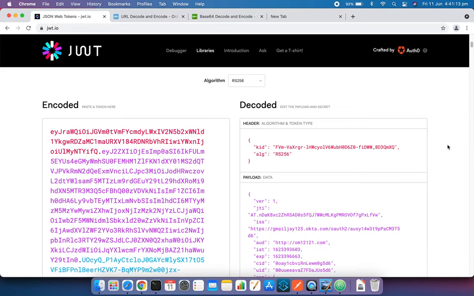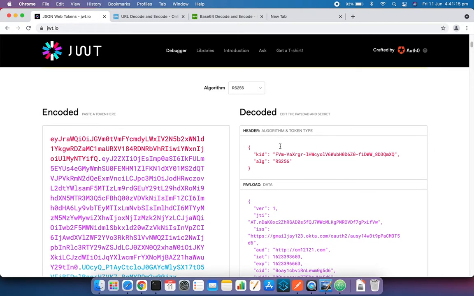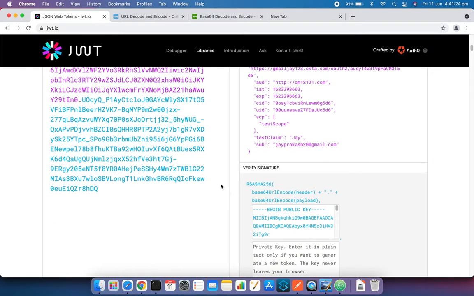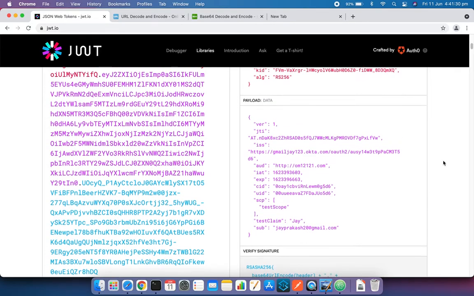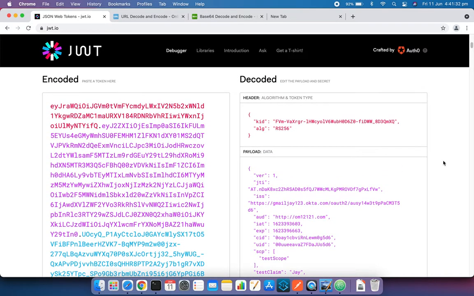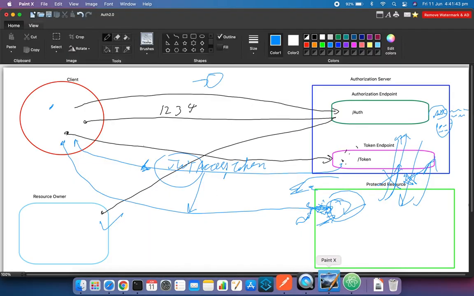So as you can see, the JWT token has three parts. First is the header, then we have the payload, and then there is a third part which we call the signature, right? So JWT consists of three parts, right? We'll discuss all three parts and we'll see how this site is able to read this JWT token, right? But first understand that